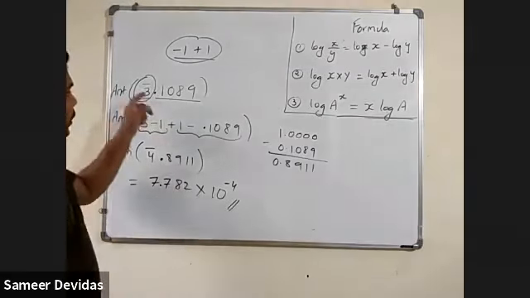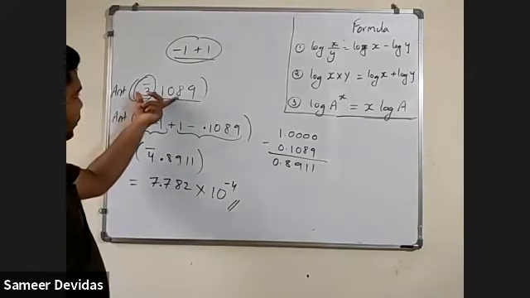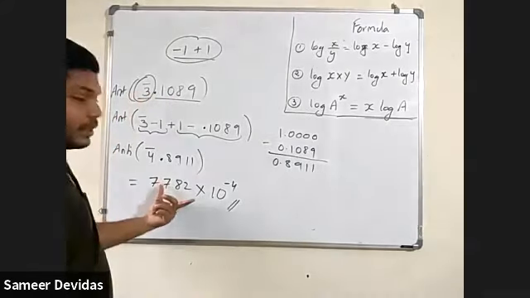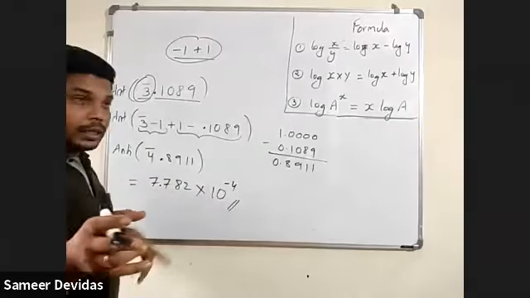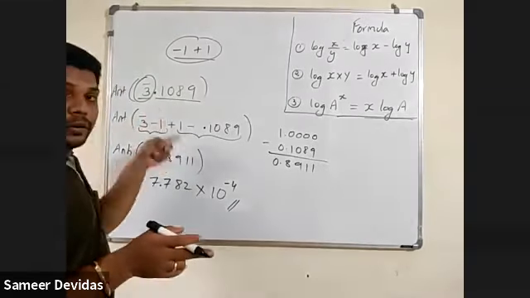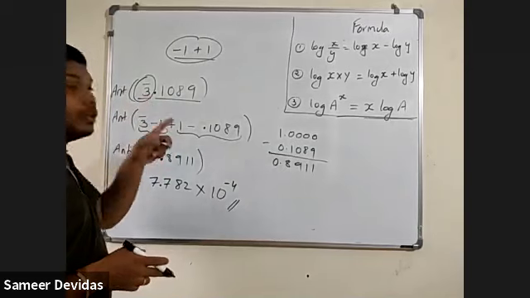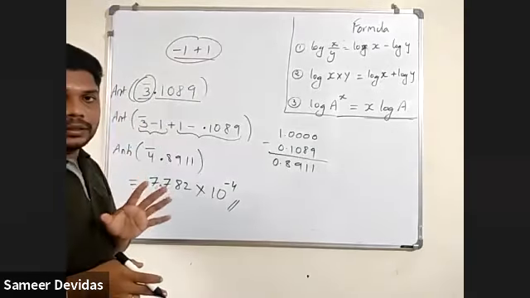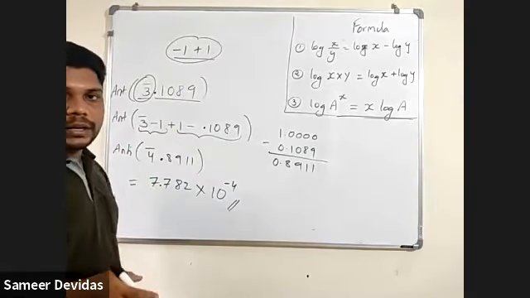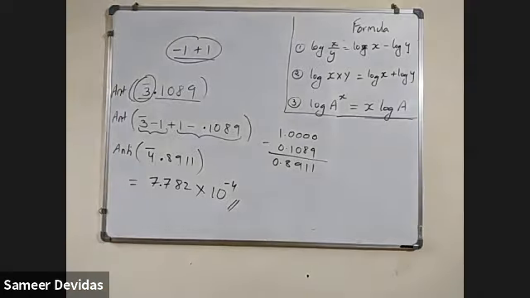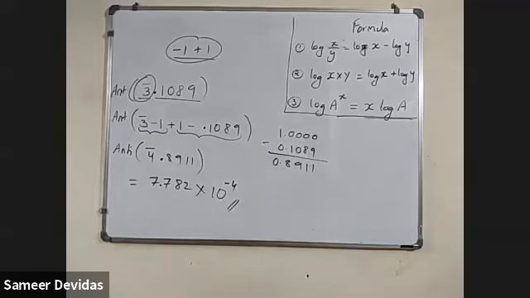Now you will say, sir, we could have done the same thing the same way, but you will get a wrong answer if we are not following this step when a negative number is there in the anti-log. Is this clear? Yes, sir. Only when it is negative. One more time we'll try like this for negative.